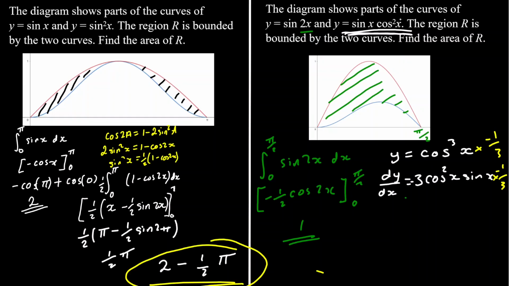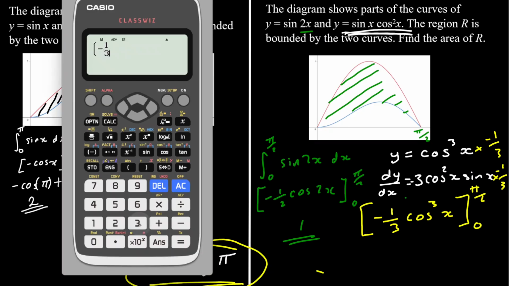So sine x cos squared x integrates to give minus a third cos cubed x, because minus a third cos cubed x differentiates to give sine x cos squared x. So we want minus a third cos cubed x between, again, pi over 2 and 0,